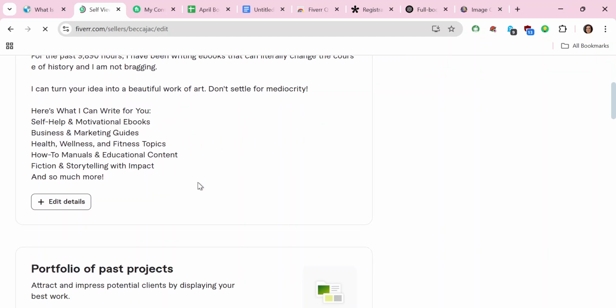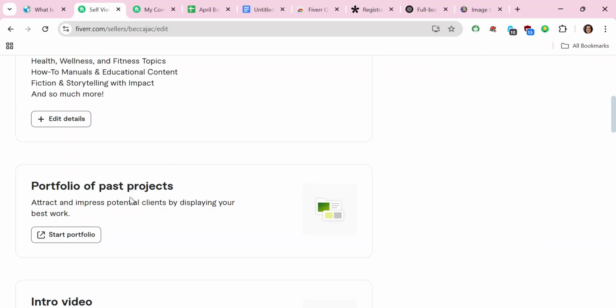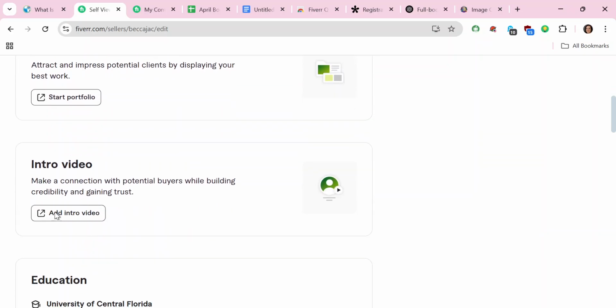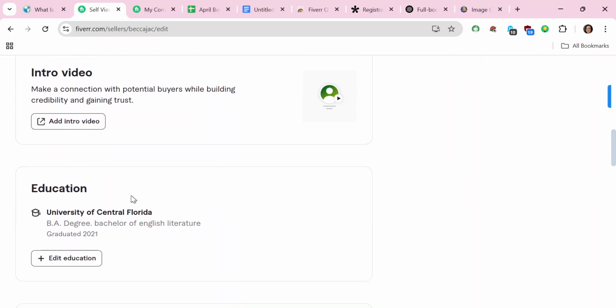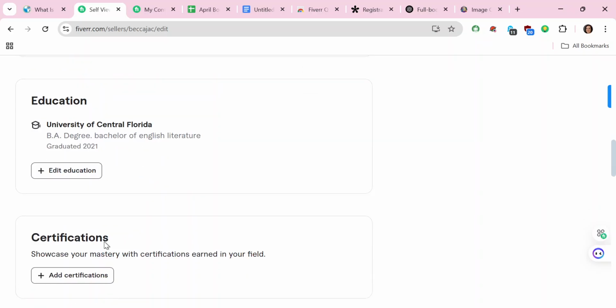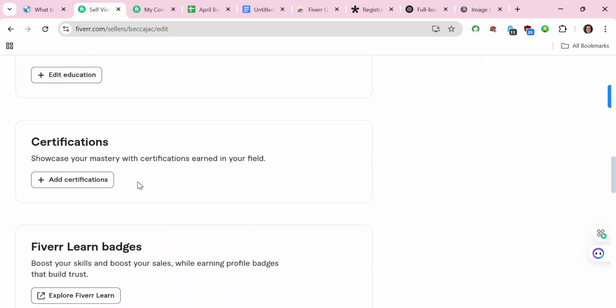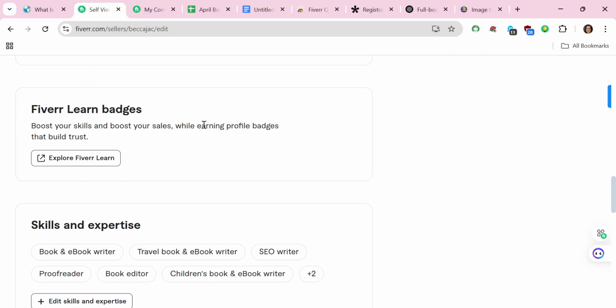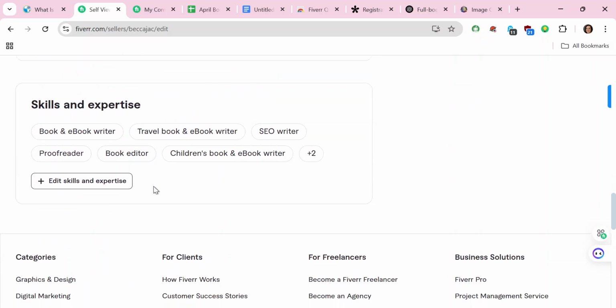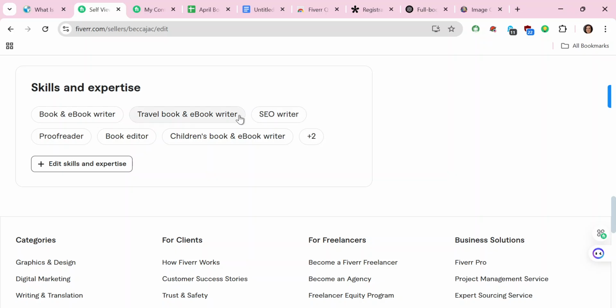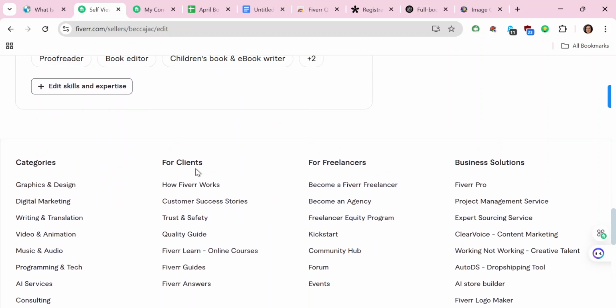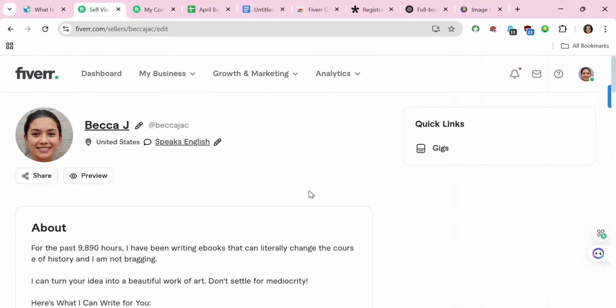profile page. So you can see a portfolio of your past projects, and you can also add an introductory video to your page. You can add your education and relevant certifications to show you're a master or a professional in your claimed niche. If you have them, you can also earn profile badges once there's traction on your profile, and you can also add skills and expertise in this section. So guys, that is how to check your profile page on